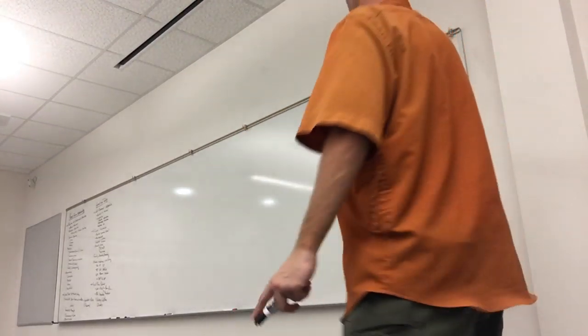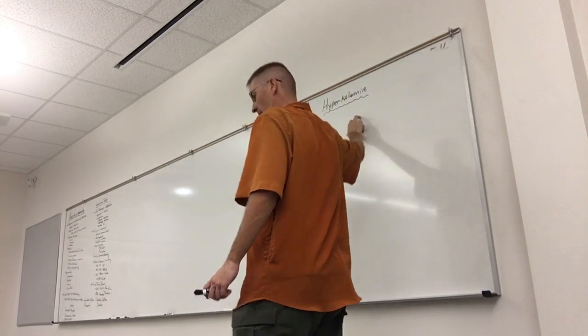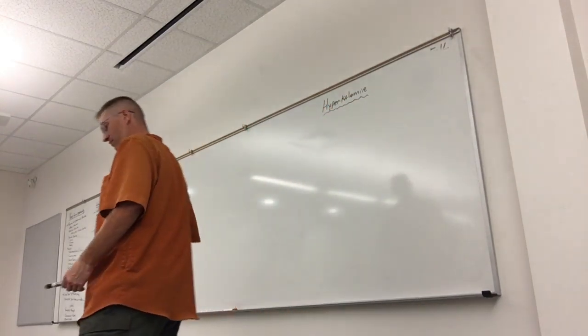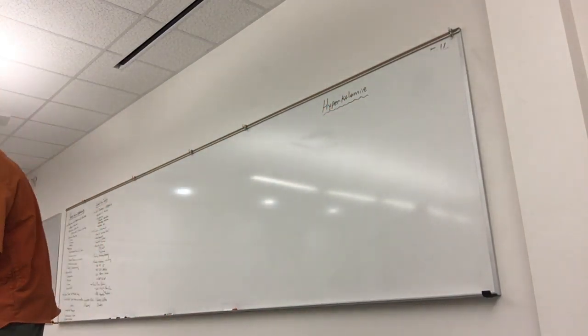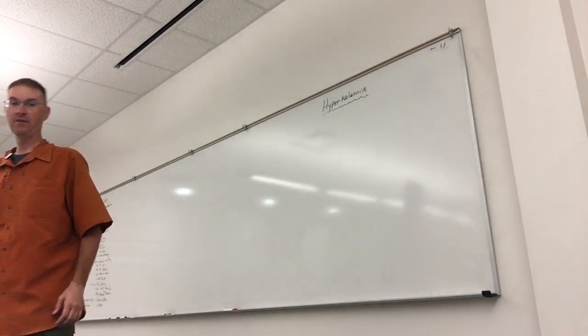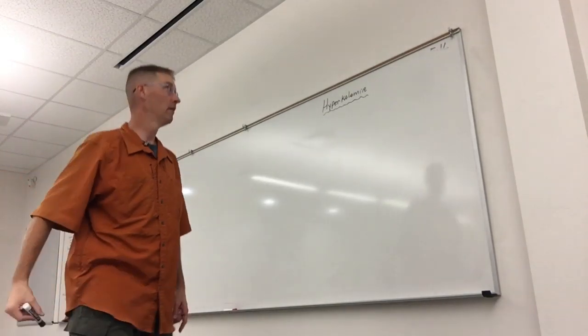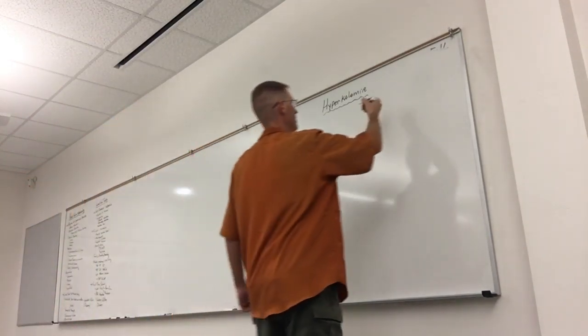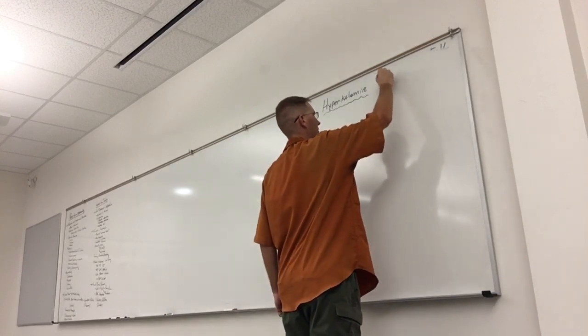This is one of those electrolyte imbalances where we can at least have a really strong suspicion that this may be what's going on. All right. So hyperkalemia is a potassium level in the plasma greater than 5